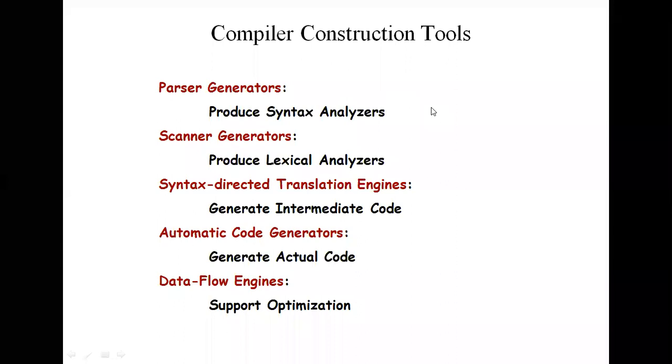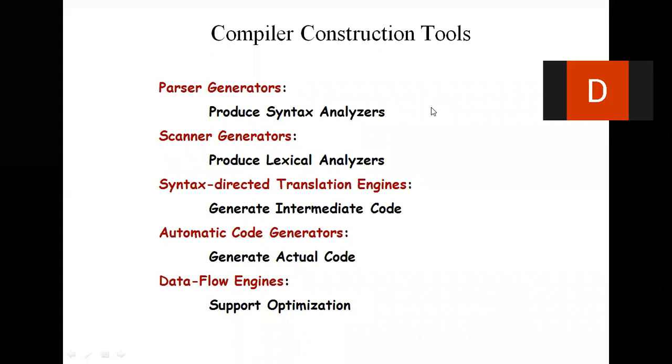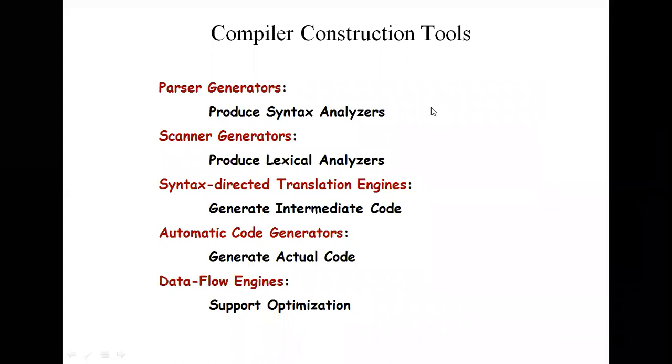And the next feature is that, for example, I'm compiling a large amount of code. If my compiler requires less memory space to compile the source language, then that type of compiler can be called a good compiler. This is one of the features. The first feature is that it compiles a large amount of code in less time, and the second one is that it requires less memory space to compile the source language.